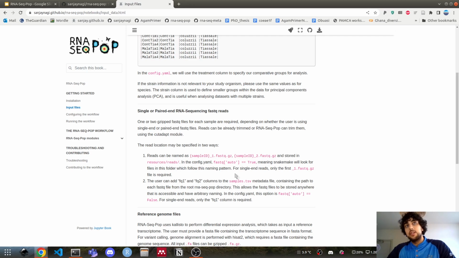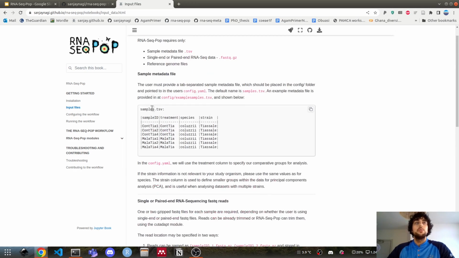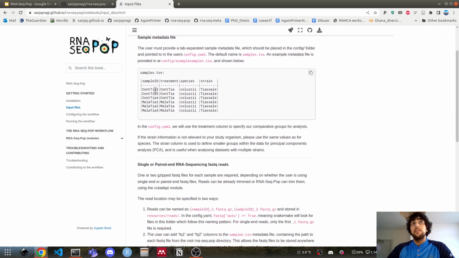If you have strangely named FASTQ files and you don't want to change them, it's a lot of effort, that's fine. What you can instead do is add 2 columns to this sample metadata file, one called FQ1 and another called FQ2. And these should contain the full paths to the FASTQ reads for each sample.